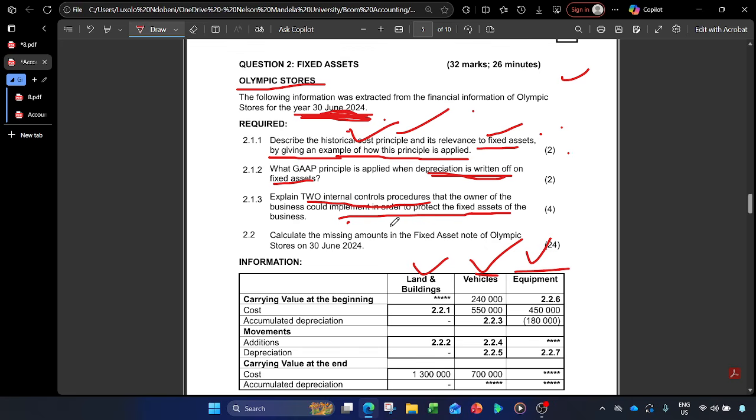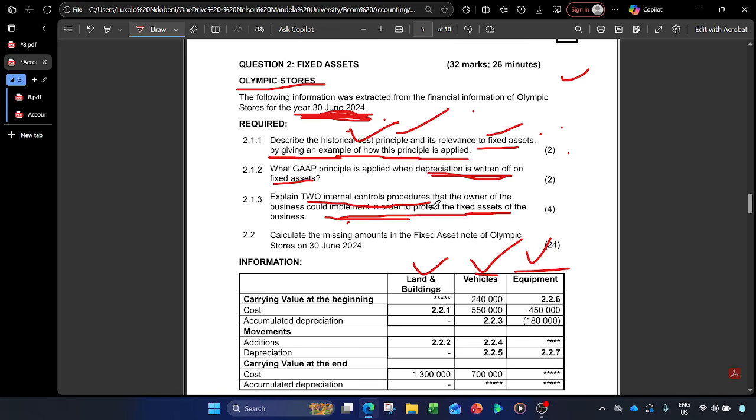Sometimes you can say to protect the cash, especially when doing the reconciliations, because we are dealing with the cash sometimes. So they can say, how can you protect the cash at the bank? So please also read those ones. How can you protect the cash at the bank? How can you protect the collection of cash from debtors? So that means there must be a segregation of duties. Please remember that one when doing the reconciliations. I don't know why I keep referencing reconciliations when I'm doing the fixed assets, but I will make a separate video for that so that you also understand that.